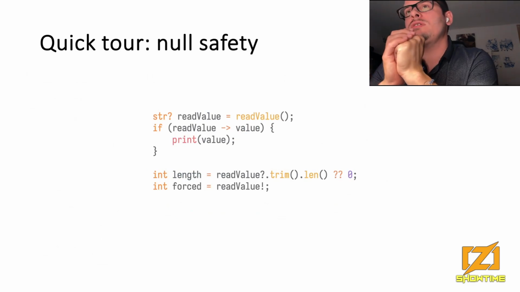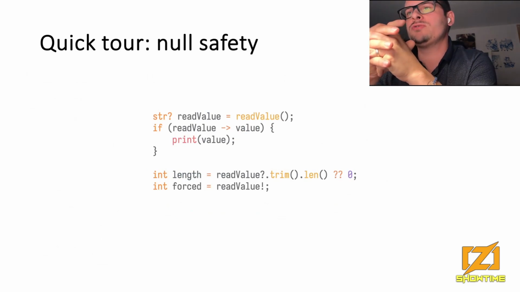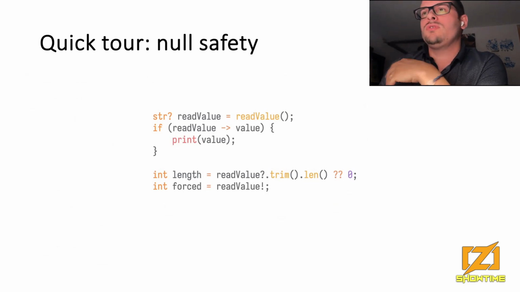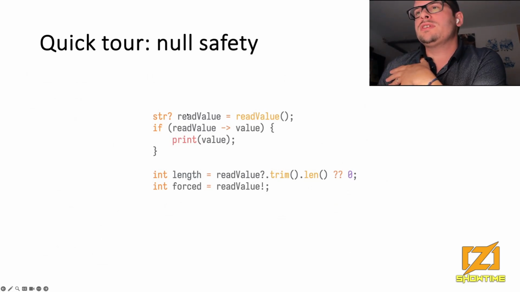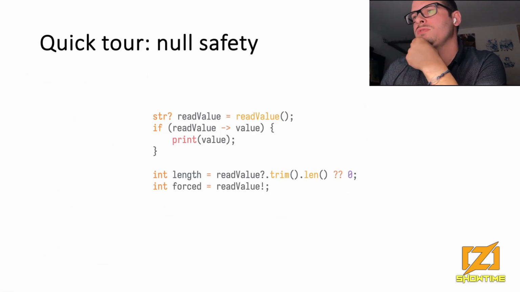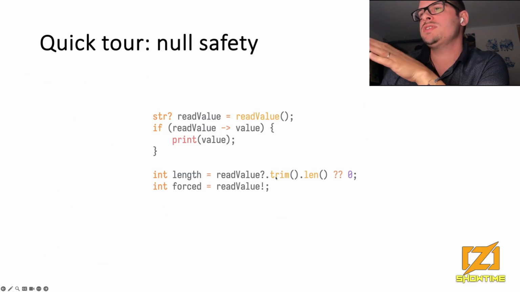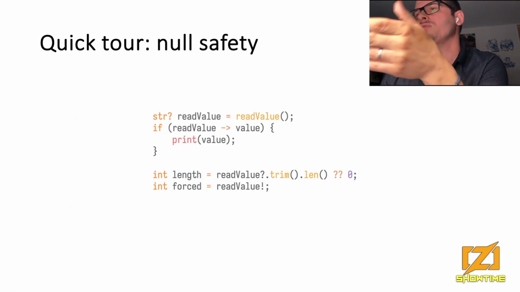Null safety is something I loved very much from languages like Dart and Swift. You also have a form of it in Zig. So here you can see we have a value that can be null. You can unwrap it with an if statement and an arrow. You can also use it in a chain. This is something you can do in Swift or Dart. Here we could have any number of optional values in the chain. If anything becomes null, the chain is going to stop there, and the expression is going to evaluate to null.